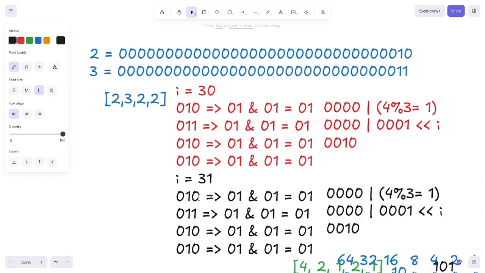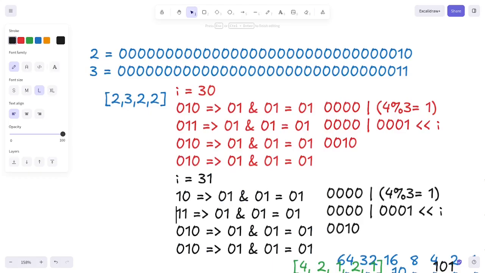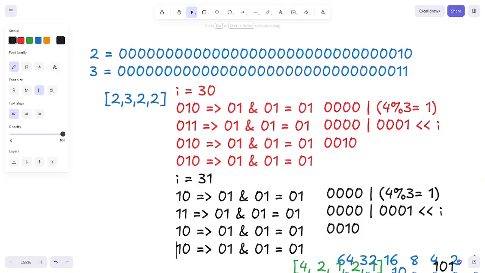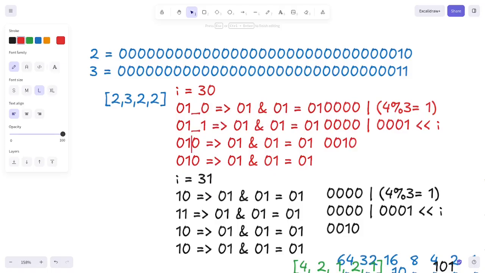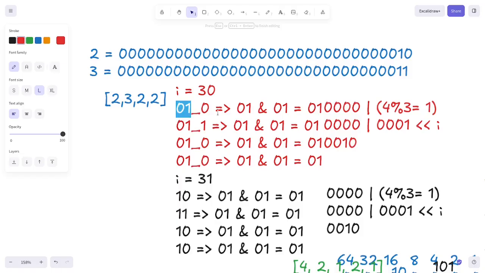Since 31 should be 1 0 and this one is 1 1, this one is 1 0 and this one is 1 1, then it will be shifted to the right side by the number of I, then the resulting output should be 1. And I forgot to tell you about this part. We are eliminating the 0 because 0 is on the last digit, and we are only processing this part of the bit, from this part using the shift by the number of the current bit of I, and then use the AND operator with 1, and we got the result of